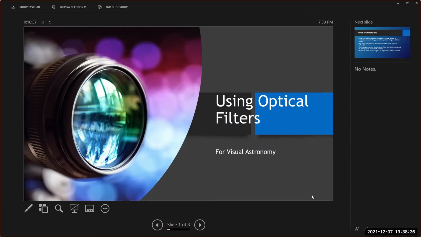I welcome everybody. We're going to have a little talk about observing with optical filters, not imaging with optical filters. Those of you who are interested in knowing about imaging with filters need to go to the imaging group because there's a whole different world there for filters. But for tonight's discussion,